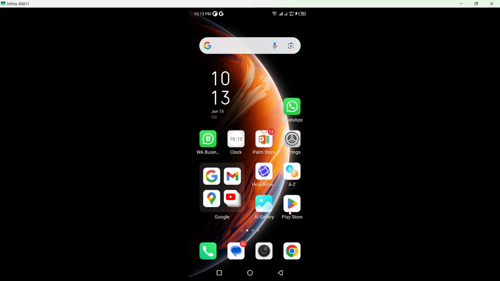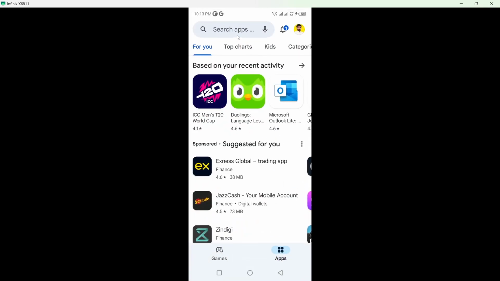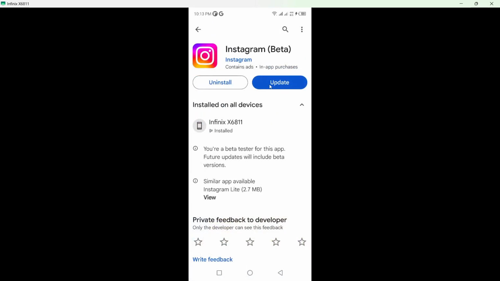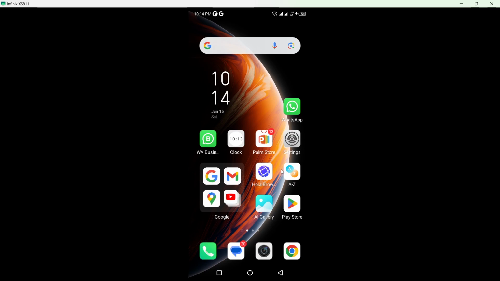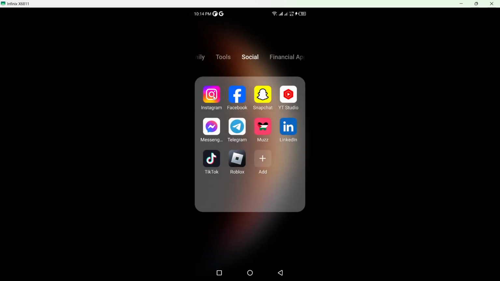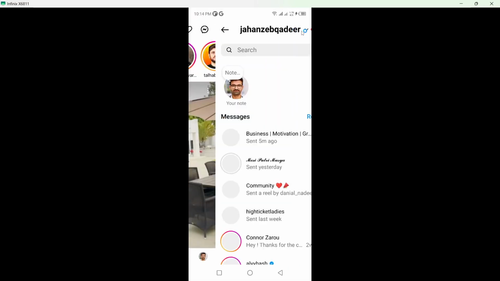So the first step you need to do is to open Play Store and search for Instagram. Then you need to update your Instagram application by clicking on this update. Once you complete that, you need to go back and log in to your Instagram account. Once you log in, you simply need to open Instagram and click on the messenger icon on the top